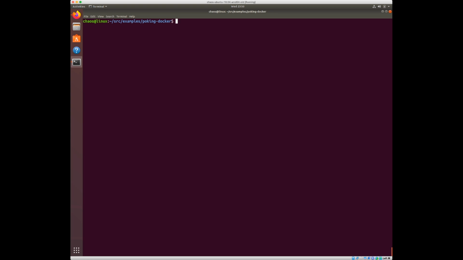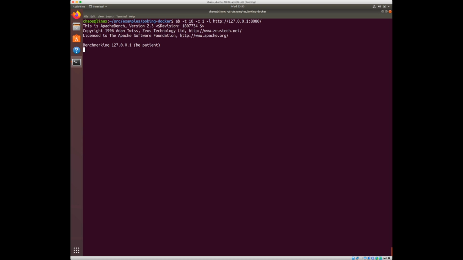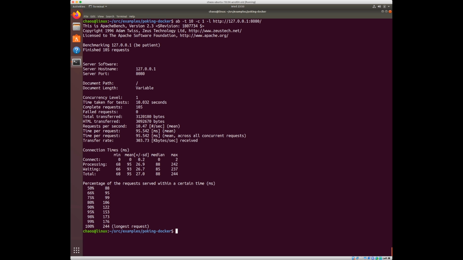Okay, so one of the most basic things that we can do is use something like Apache Benchmark to basically create a lot of requests and verify how quickly these requests return. So this is just running AB with 10 seconds and concurrency of 1 to 127.0.0.1 8080, so that we get an idea.